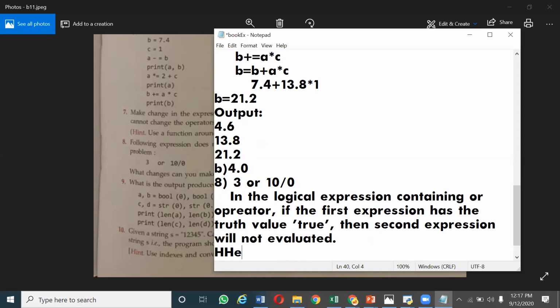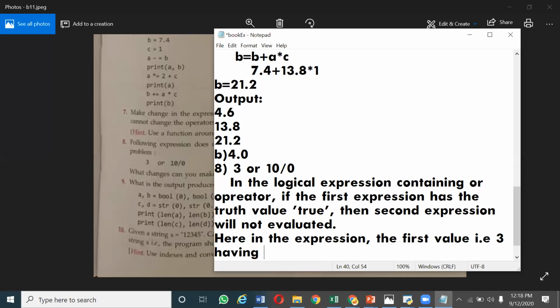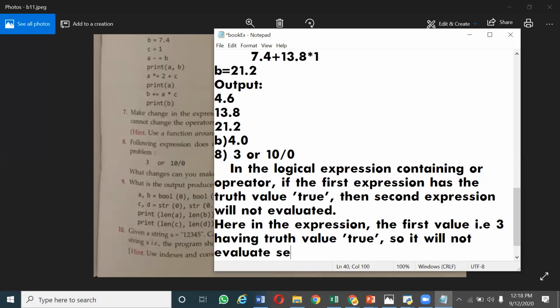So here in the expression, the first value, that is 3, having truth value true, so it will not evaluate second expression.